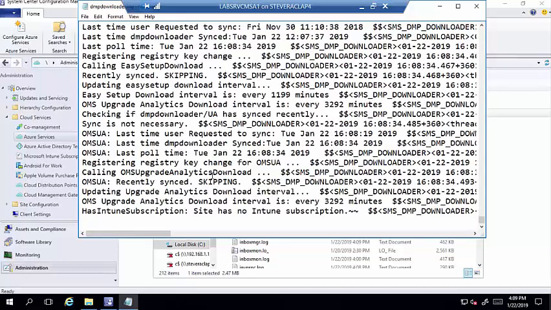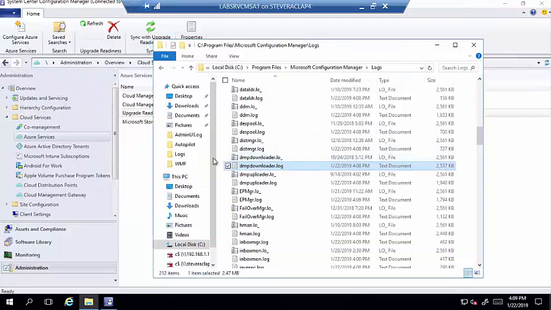Calling OMS Upgrade Analytics download, right? Updating the interval. And it's saying it's going to skip it because it recently did it, which is fine. This is where you would actually track what's going on, right? Now, I'm going to come back to that in a minute, but let me show you in the console,